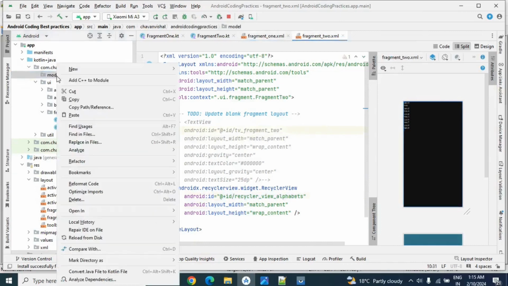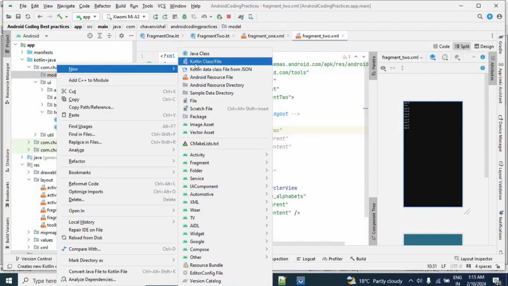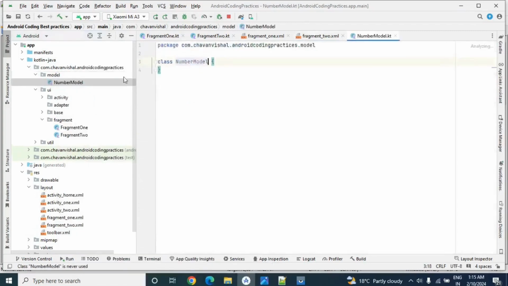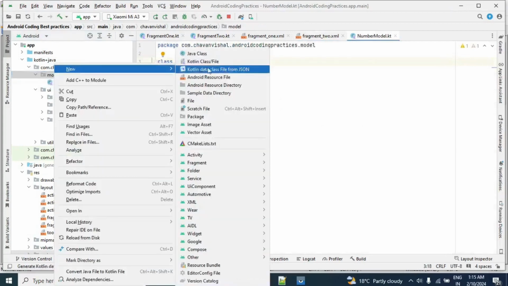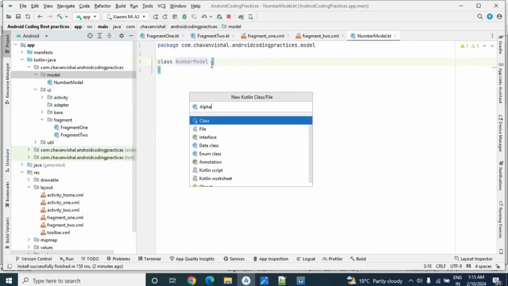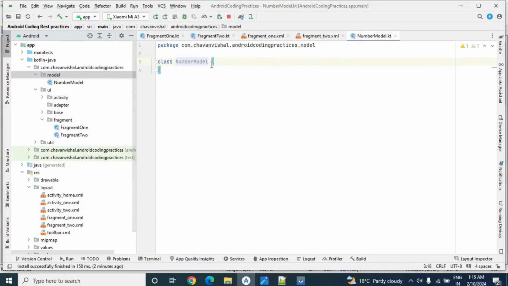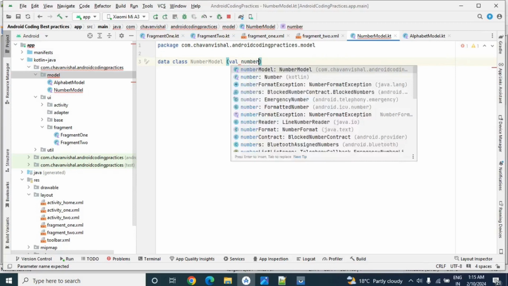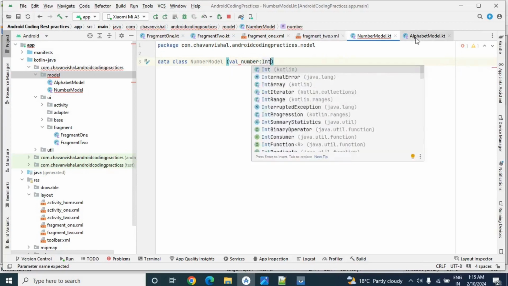Okay, now let's create model class for our recycler view list item. So first model is our number model, and second model is our alphabet model. Okay, now let's declare this model class as a data class, and here what we will do, we will declare one number, val number of type int.